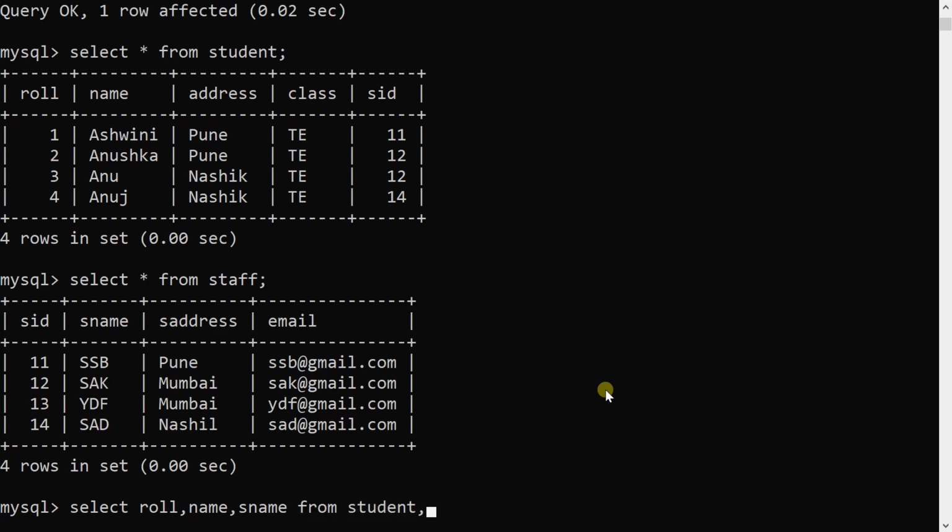from student comma staff where, so here my dot operator will come into the picture. Which attribute is common in both the tables? SID. So I will relate student.sid with staff.sid, where student.sid is equal to staff.sid.